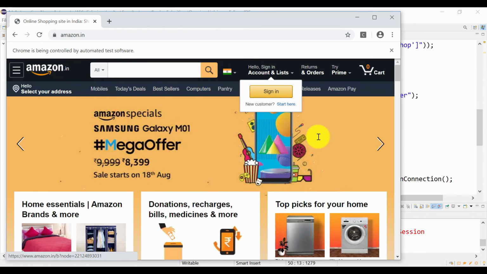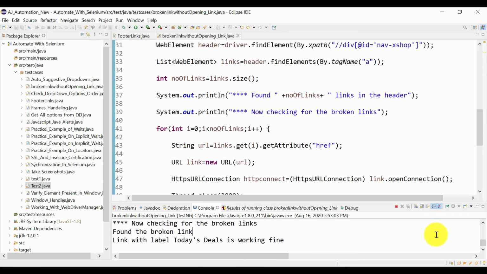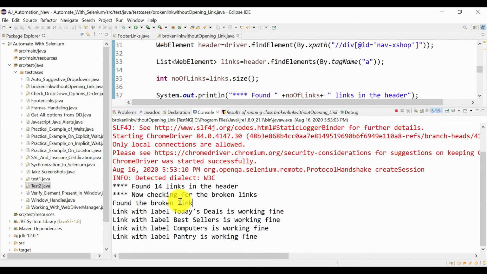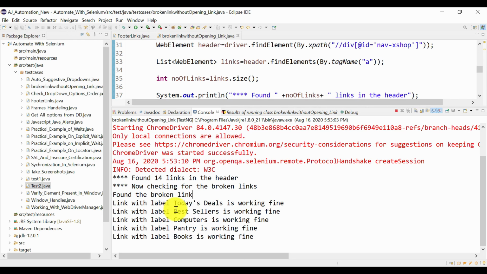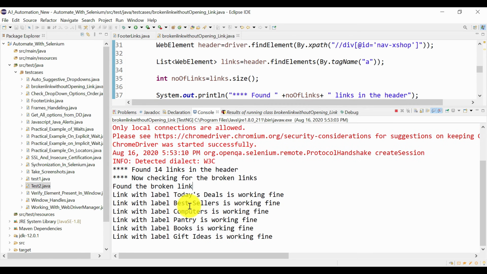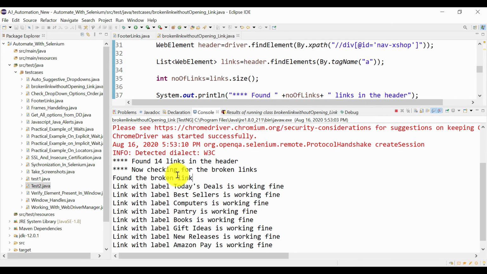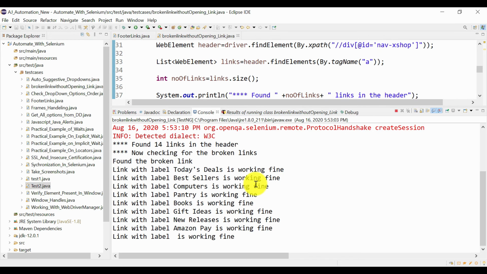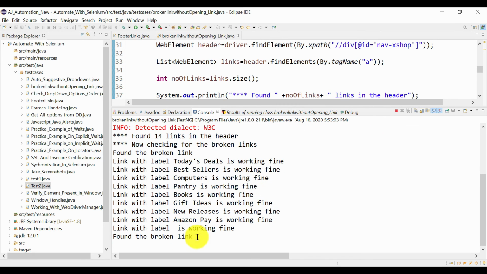On the UI it is not going to click on these links, for sure. You can see that all this is happening internally. Link with today's deal, bestseller, found broken link. Somewhere it has found a broken link.